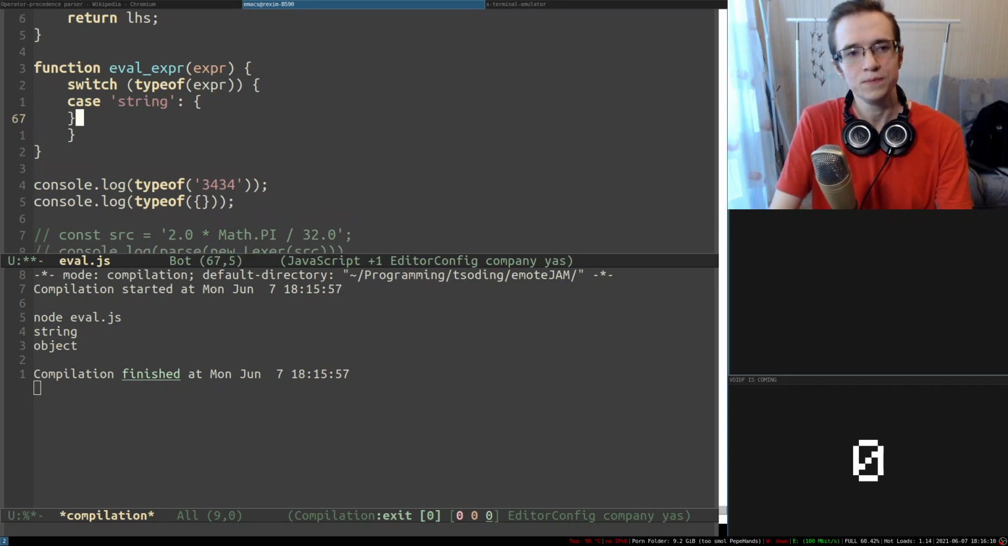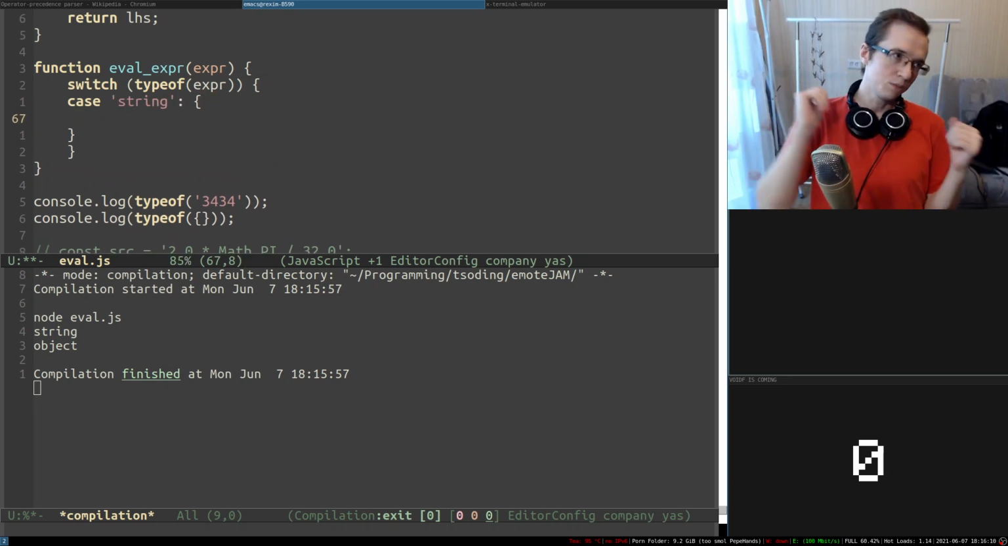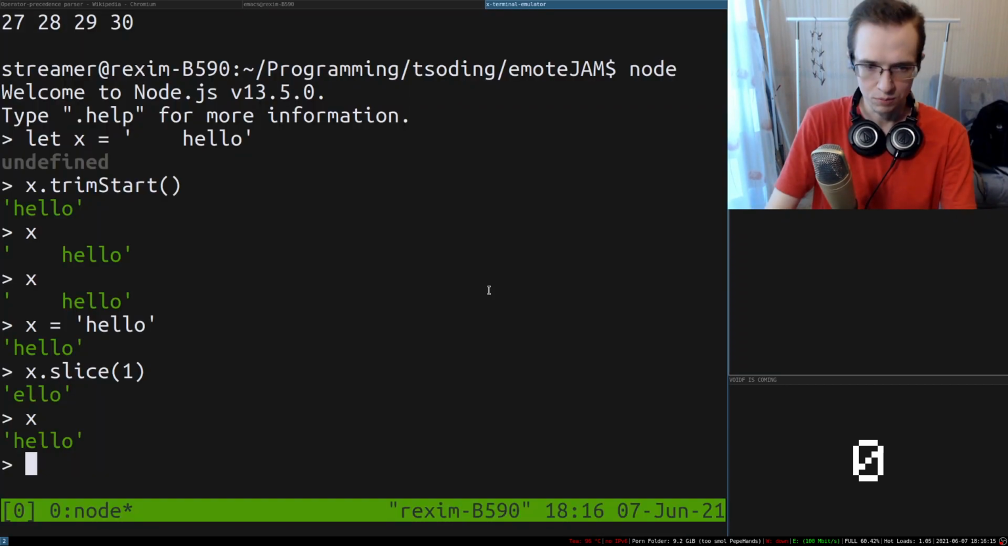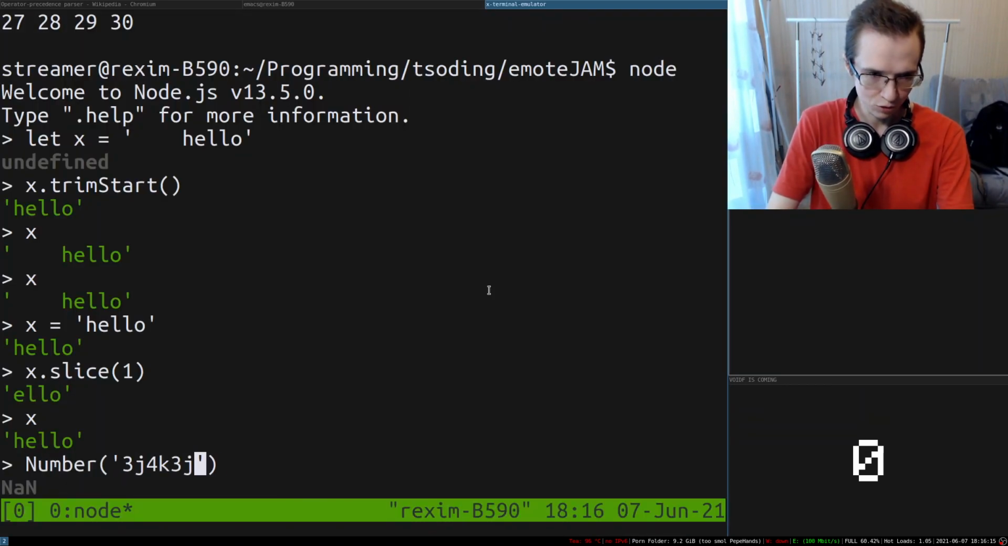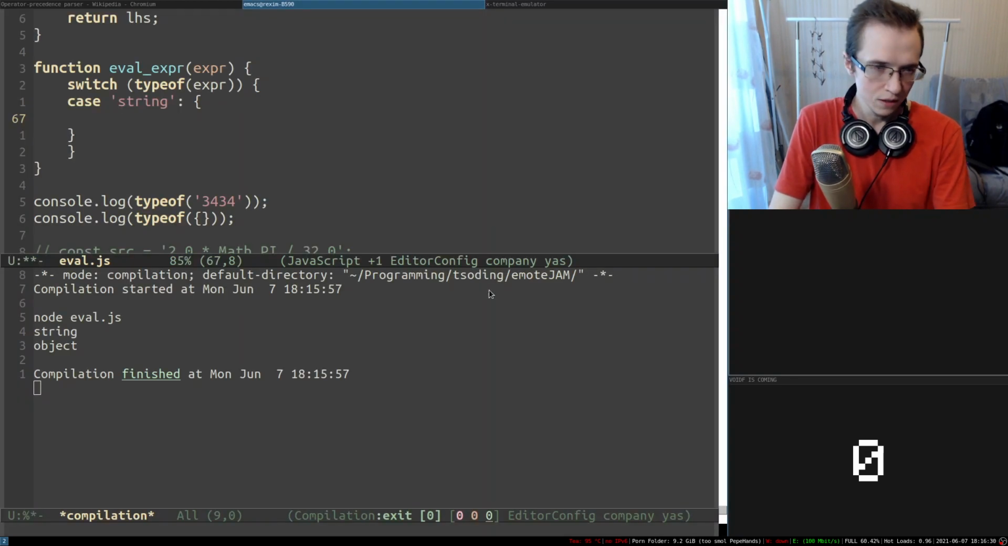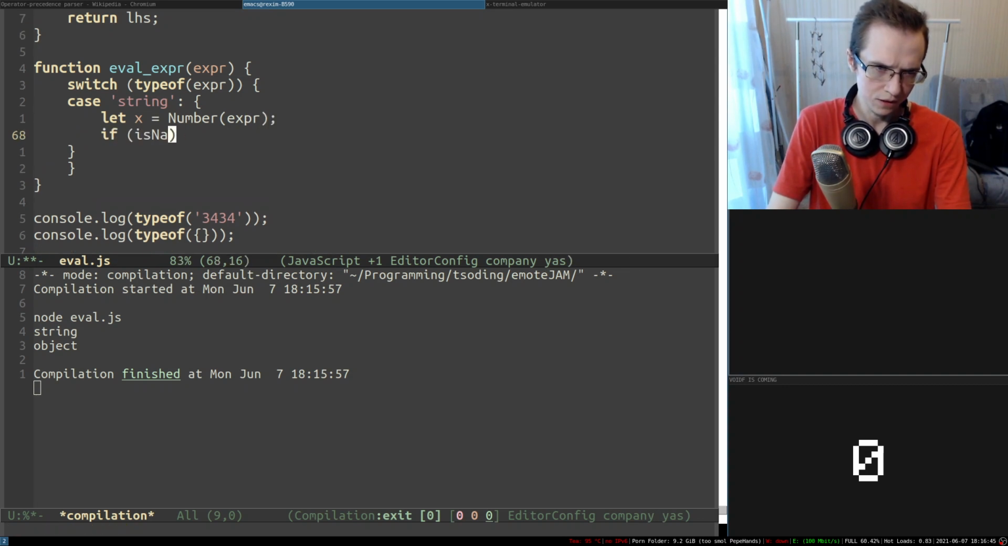String. If it's a string, I suppose we first need to try to parse it as a number. If I have something that is not a number, it's usually none. Is none a function? Okay, so that's actually quite cool. That means if I try to parse a number, 1 to 3 is false, but this thing is true. So the number expression, and if it is none,